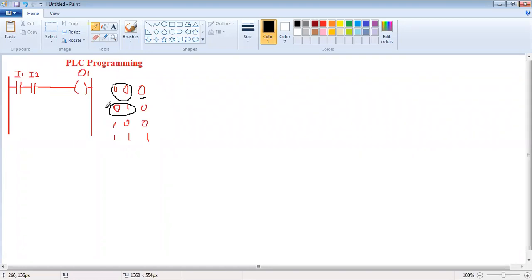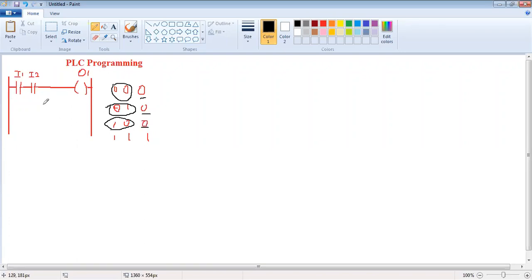When second input is 1, suppose second input is 1, then obviously this connection will be made, but current is not coming from I1, so obviously current will not flow through I2, hence your output will be off. Correct? When this condition is applied like this, current will go up to I2, but I2 is off, so current will not go through output, so your output is off.